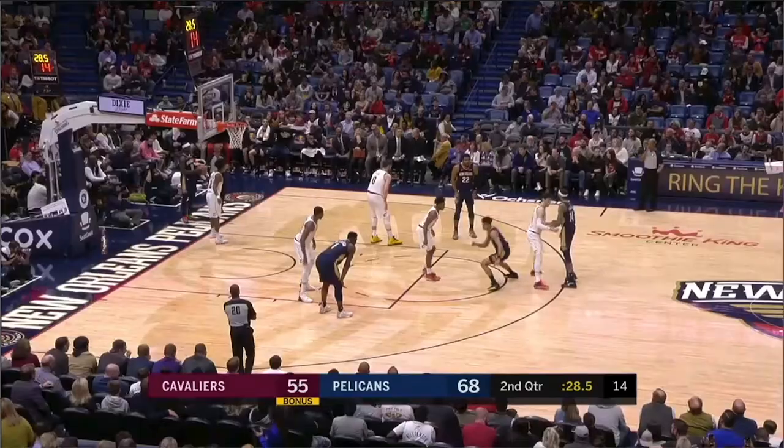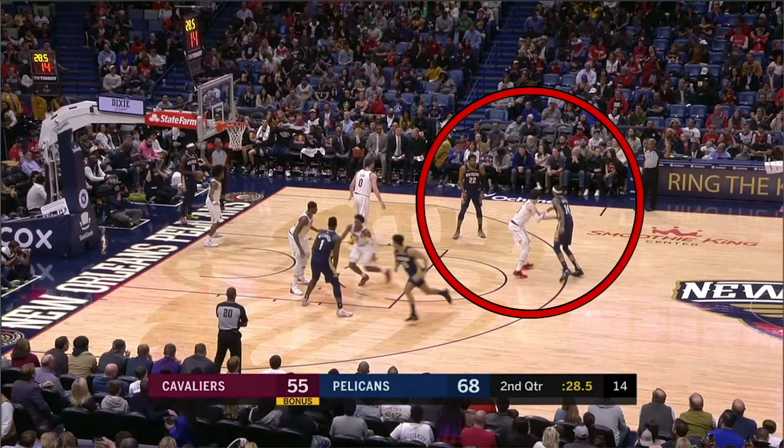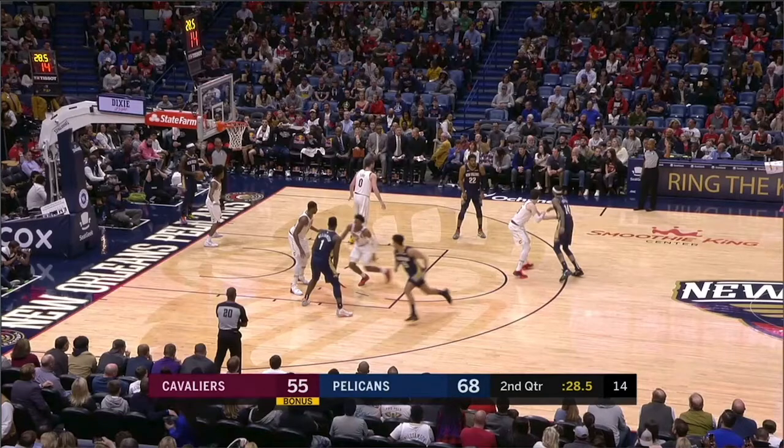All right, we're looking at a defensive clip here. So the Pelicans are going to set up like they're going to set a down screen right here. Now this player for Cleveland cannot be leaning or trying to cheat this screen and get over the top early, because if he does that, this player here is just going to blow by him and get into the lane for a dunk.